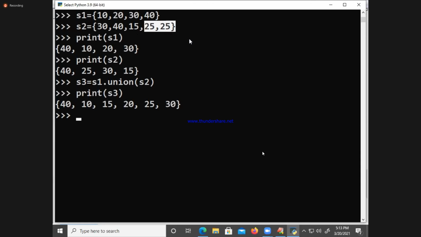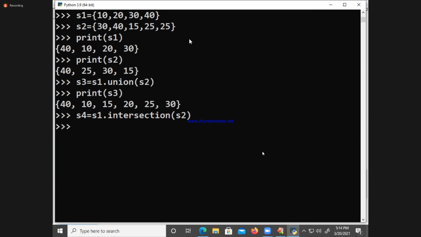Right. Now shall I move to intersection? Come on please. S4 is equal to S1 dot intersection of what? S2. Intersection means what? Common element. In our childhood days, we learned Venn diagrams. And you are not remembering your childhood days, I think so. Because your childhood days started with mobile only. So you forget your Venn diagrams. But I am remembering Venn diagrams. Still I am remembering. Right.